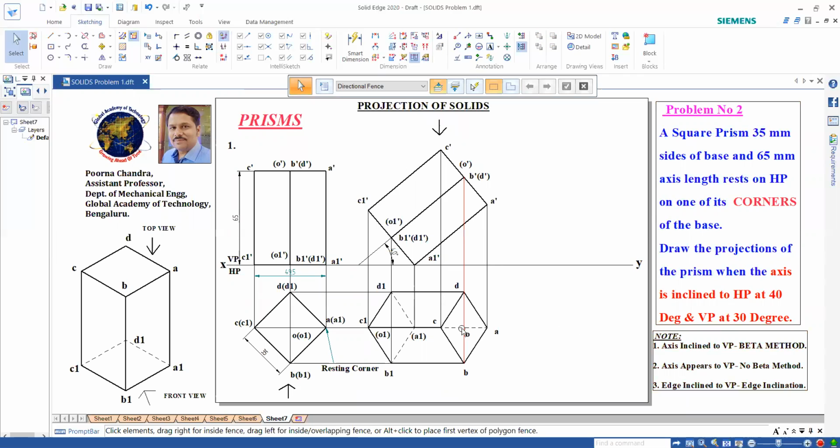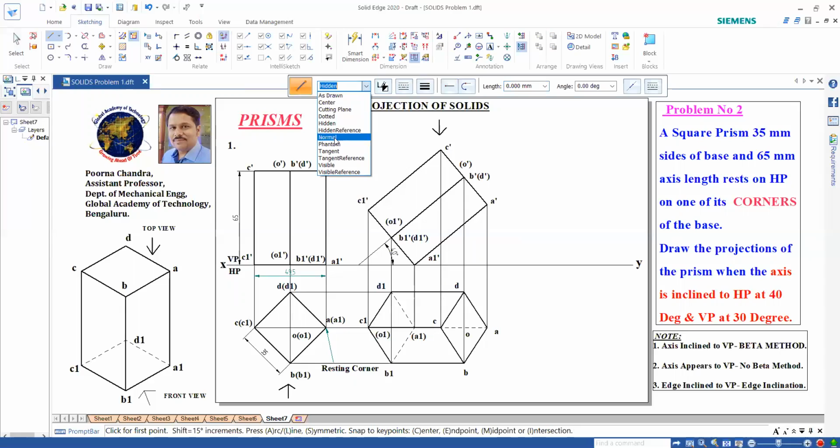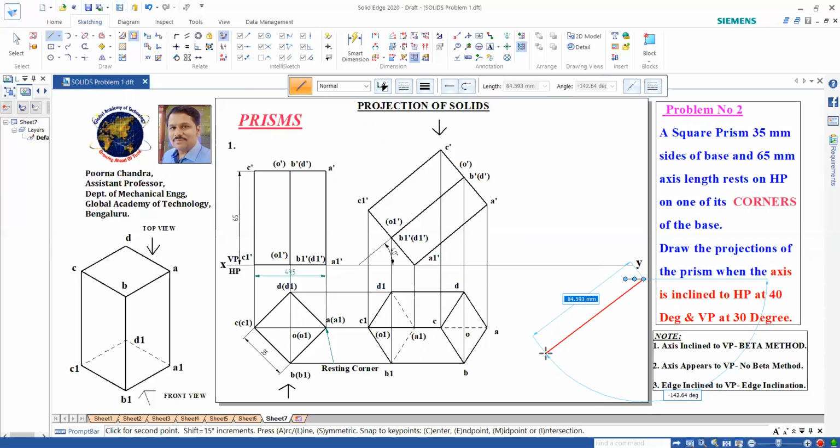So I will rotate this O1 axis to this side. How to do that? First we shall select the projection line and draw one line from here, with some length, around 80. The angle should be how much?